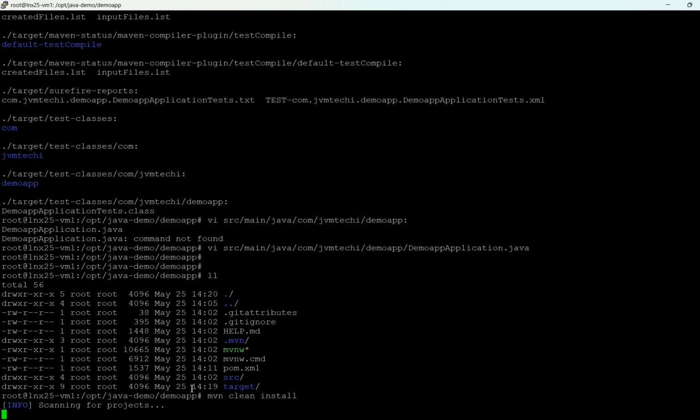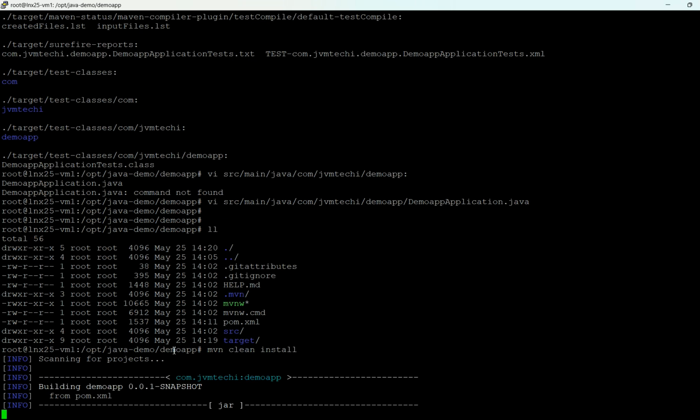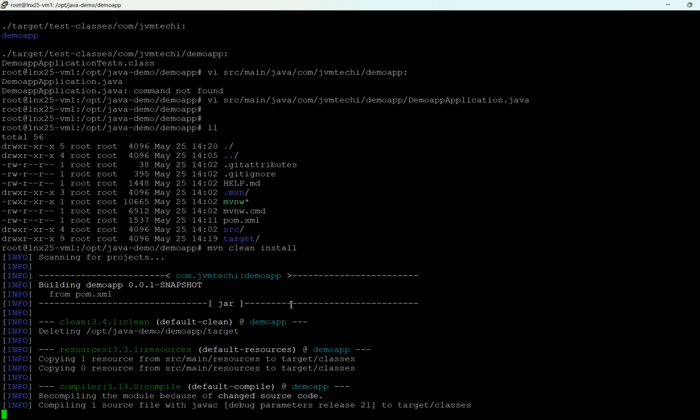You should build the application from the source directory, like the base directory demo of. The initial build will take some time, so to cover that, I already built this application. I already changed the Java source code, so let me rebuild this application. Okay, so now it's compiling